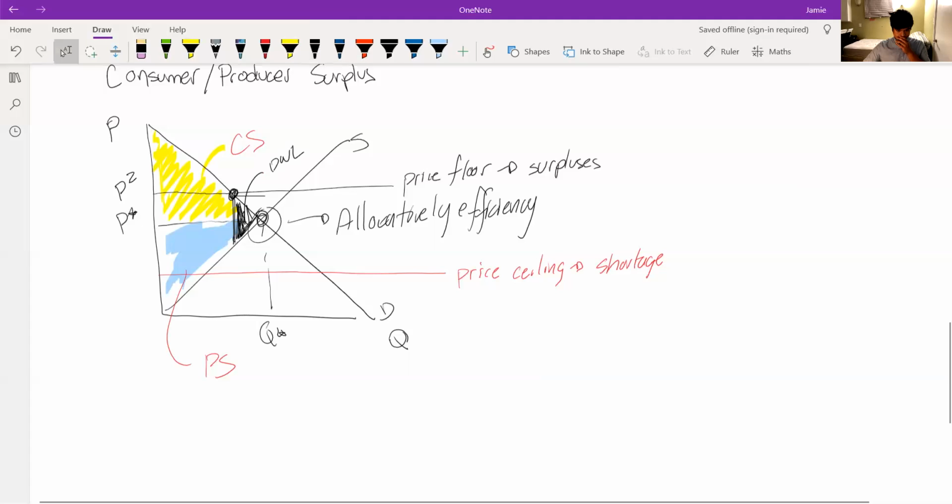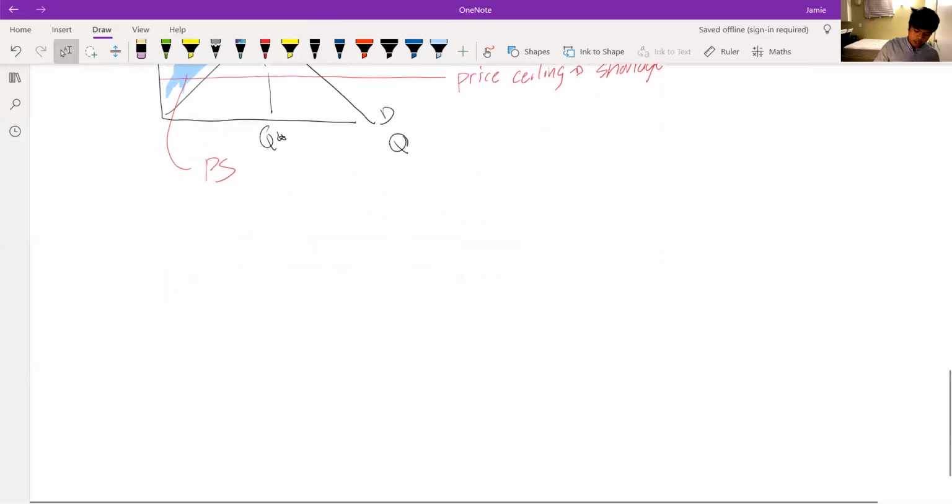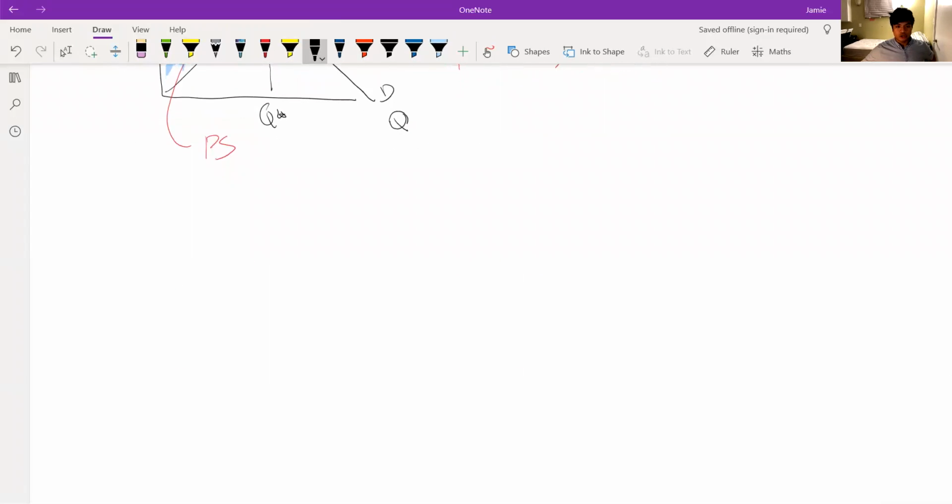And so, yeah, I would review that very quickly. And so as you can see, these types of controls in the market are not very efficient. They actually are inefficient. They take away from surplus in the market. So almost done here. Just let me see how we are doing for time. Okay, so